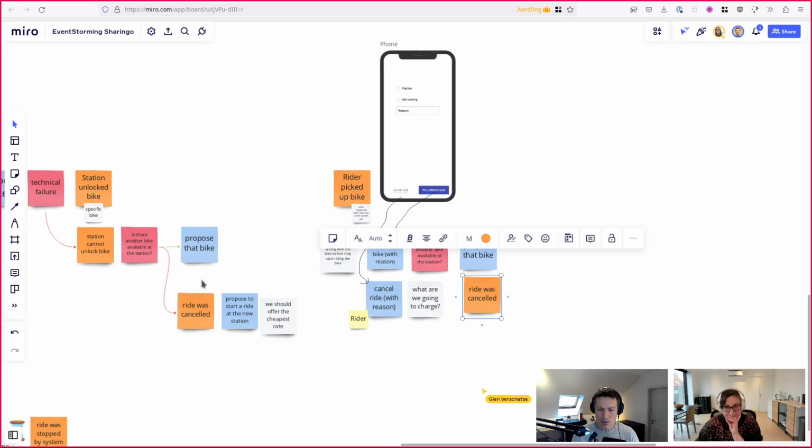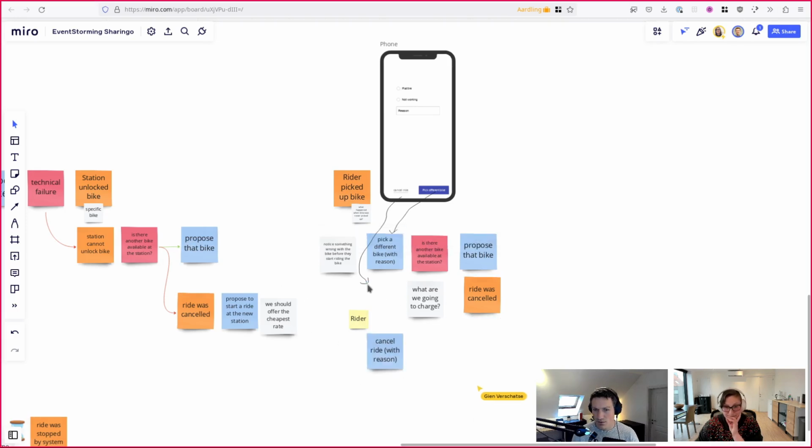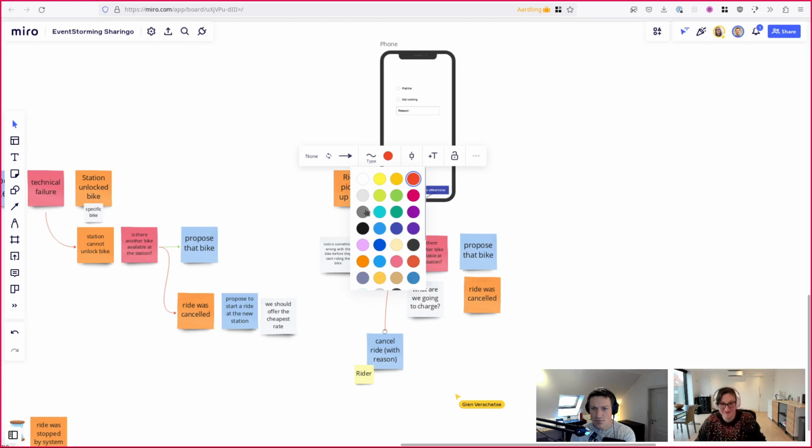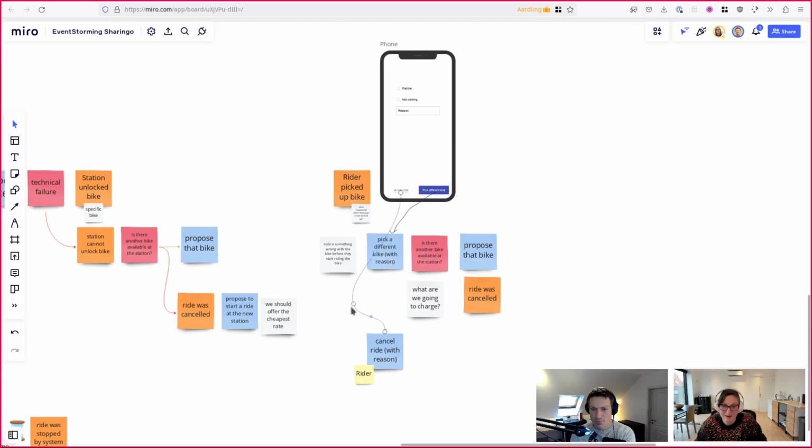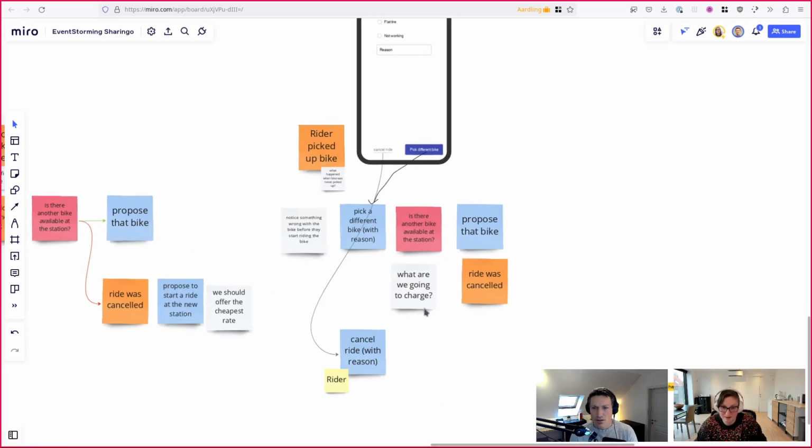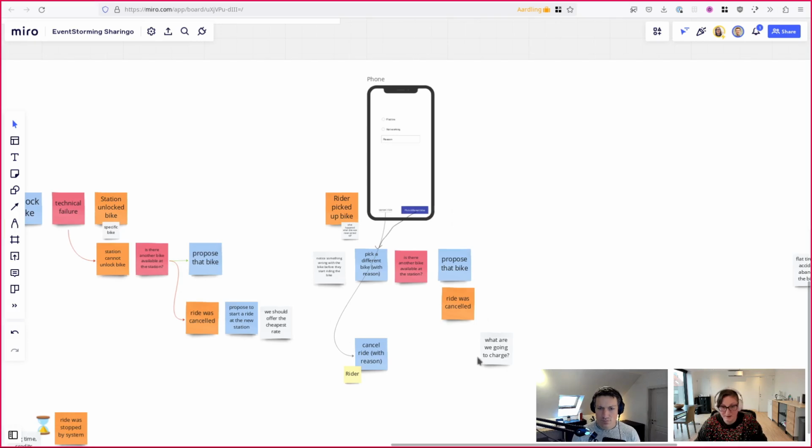I just duplicate those things. We know we need to work this out more, but it might be the same thing. It might be something different. Now that we have a mockup, I can probably use actual arrows here. Okay. Now, if they cancel it, or if they want to cancel it,